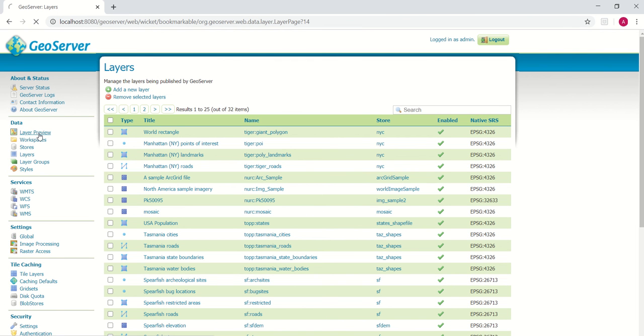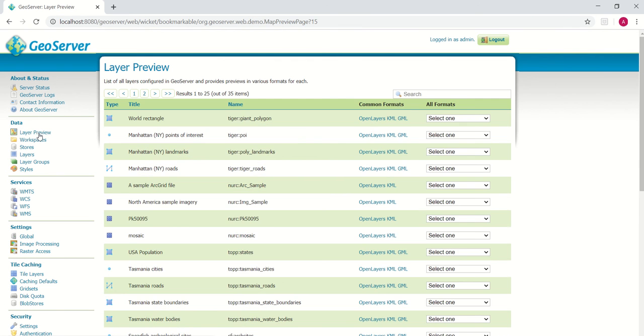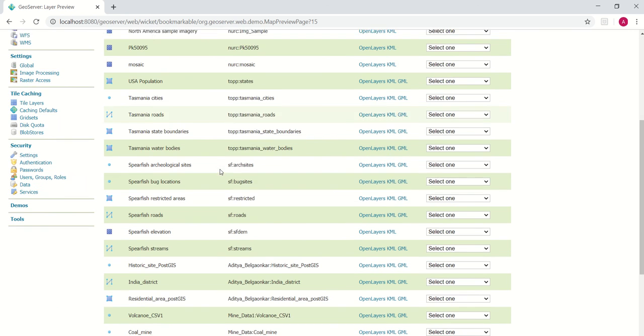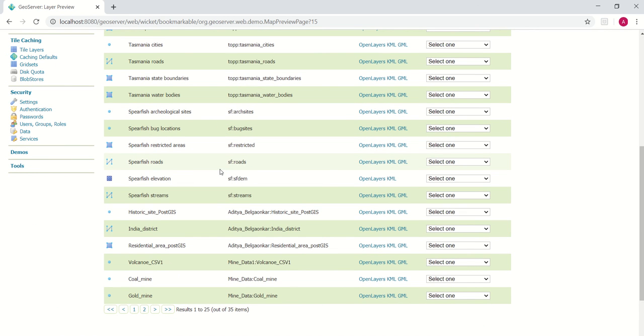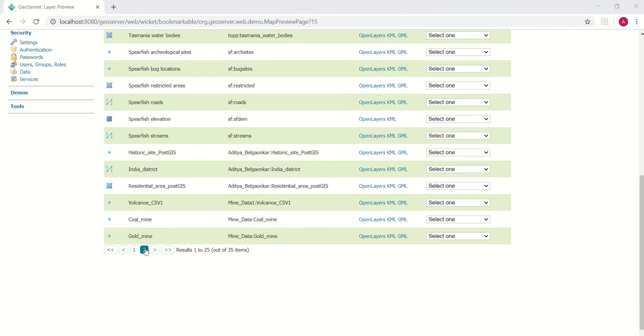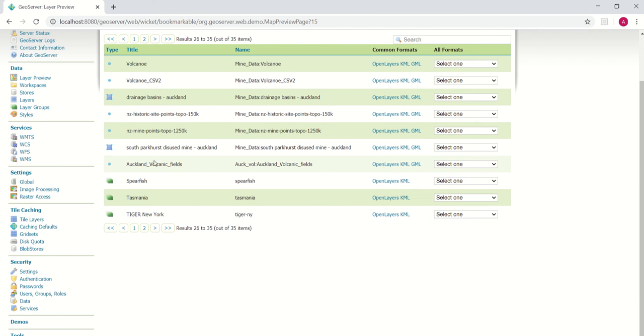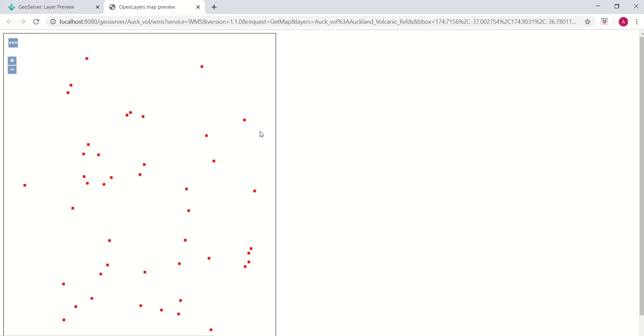Also, we can preview our published layer. So just click on OpenLayers, and we can view how it looks.